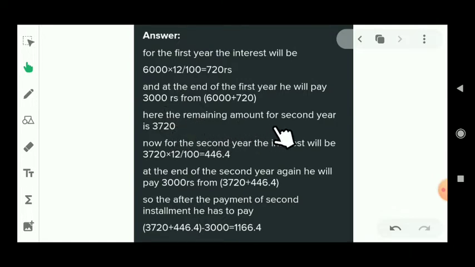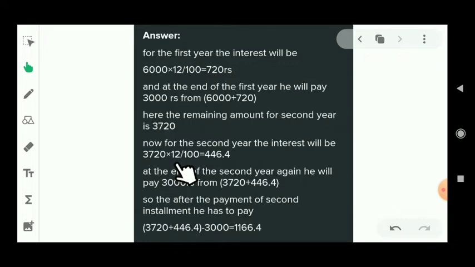Because the remaining amount for the second year will be 3720. Why, student? Because he already paid 3000 at the end of every year. That means after submitting the first interest, he also paid the 3000 rupees. That means now the principal will be 3720 for the second year, and the rate will be the same, 12% per year